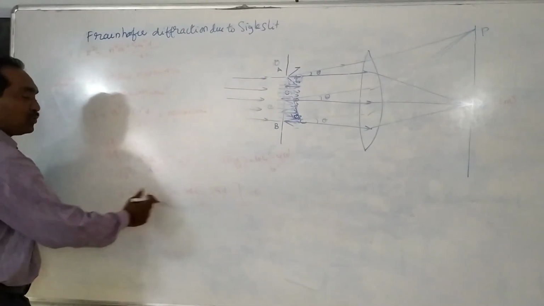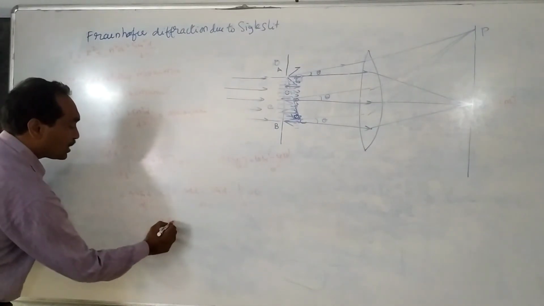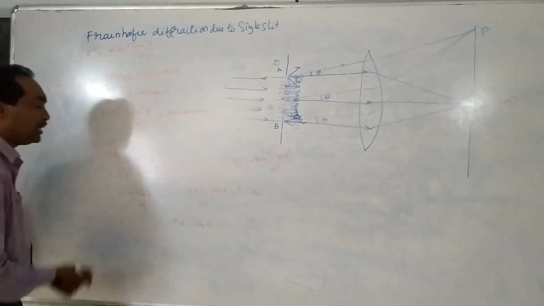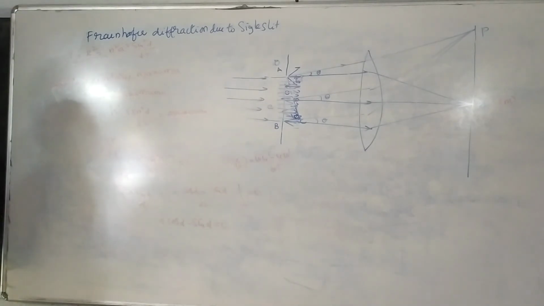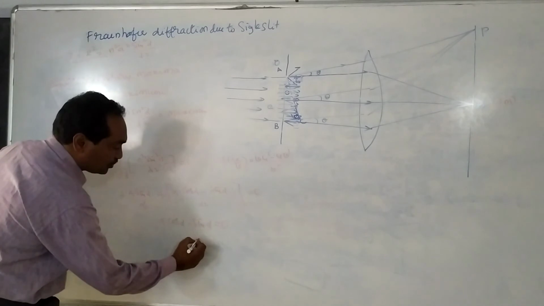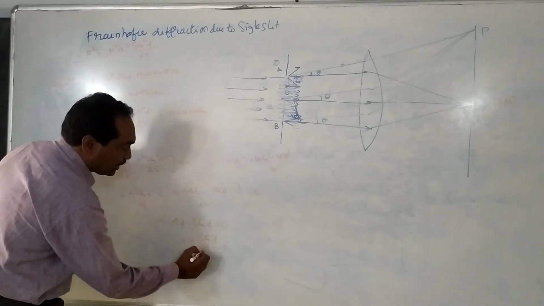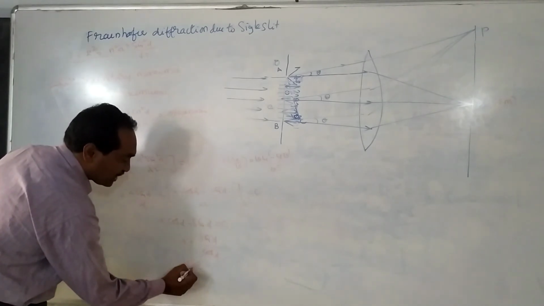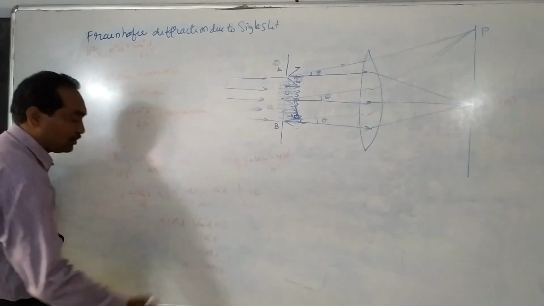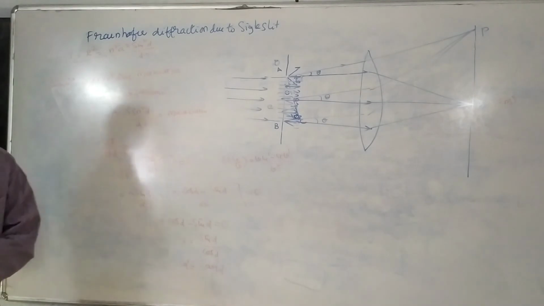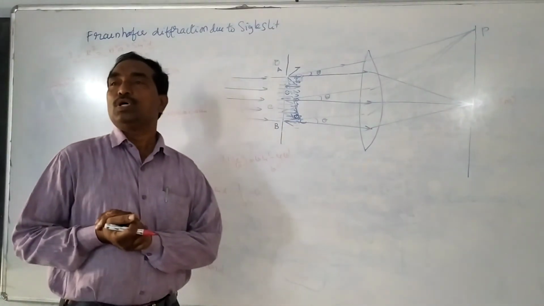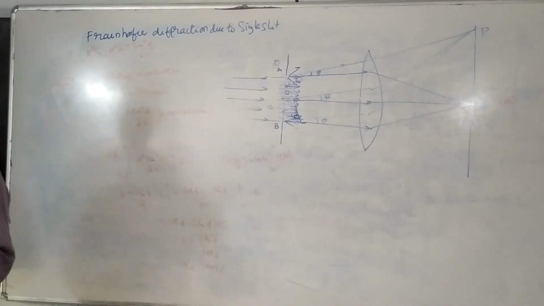Of course, this goes to 0, that is alpha cos alpha minus sin alpha is equal to 0. Remaining all terms go to that side. From this, alpha is equal to sin alpha by cos alpha, and sin alpha by cos alpha is tan alpha. So alpha is equal to tan alpha is the condition for secondary maximum. So what are the values of alpha that we require?